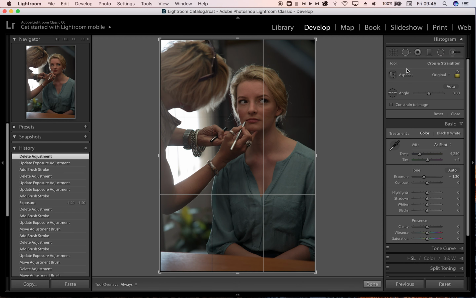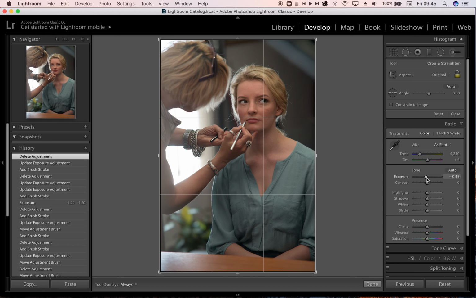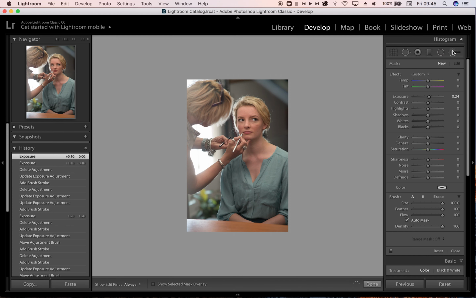Go back to the global adjustments, put the exposure back to normal, back to 0. Go back to my adjustment brush